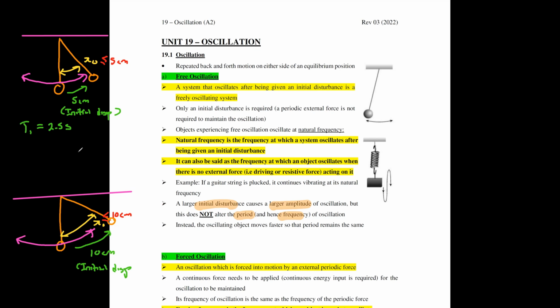Even if you were to repeat the oscillation with the same pendulum bob but with larger initial displacement, your period would actually still be the same at 2.5 seconds. Your T1 will be equal to your T2. Okay, so T remains constant, therefore frequency